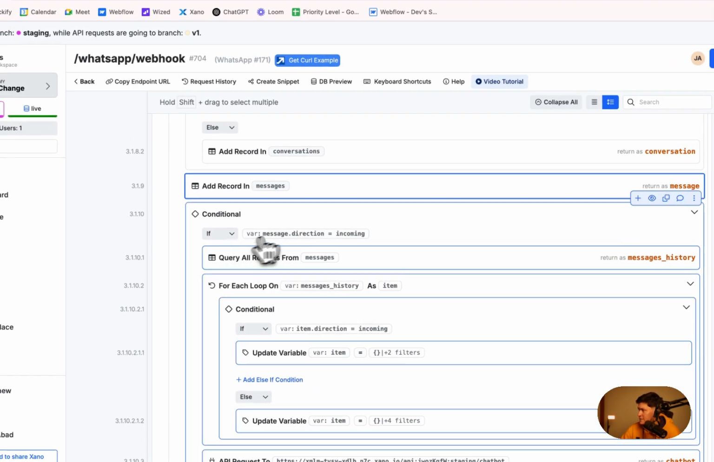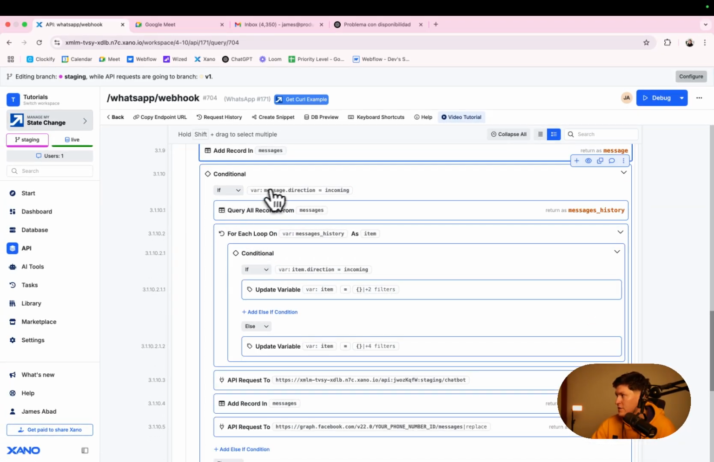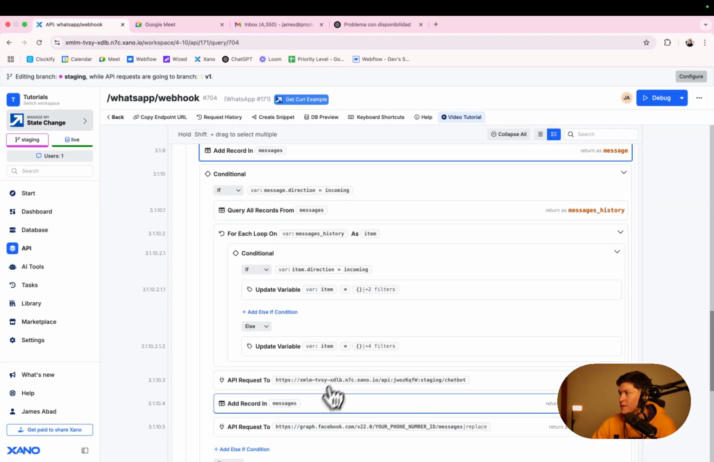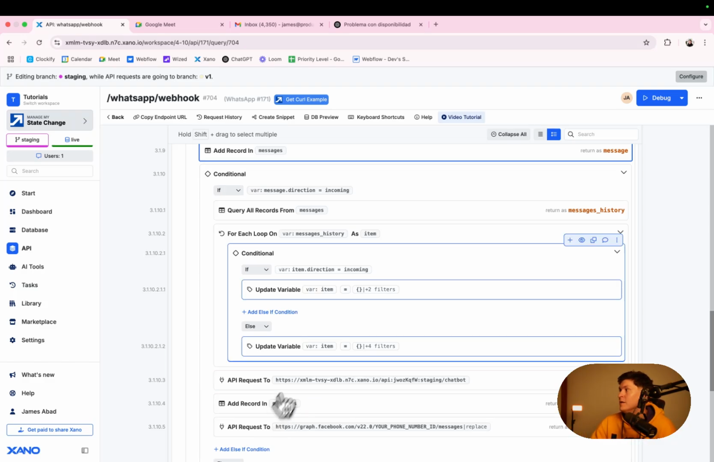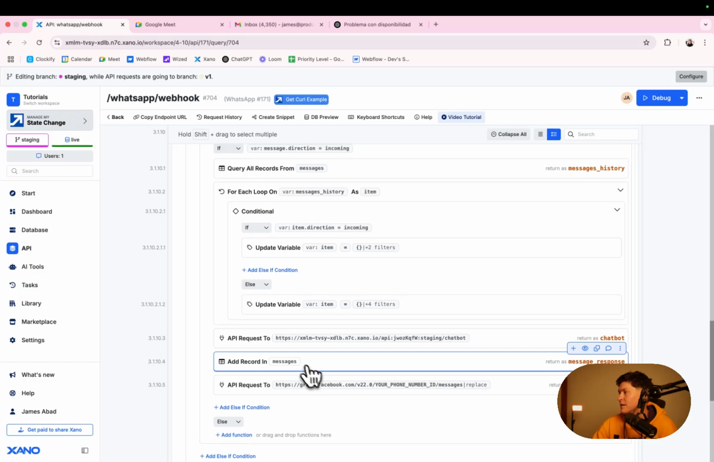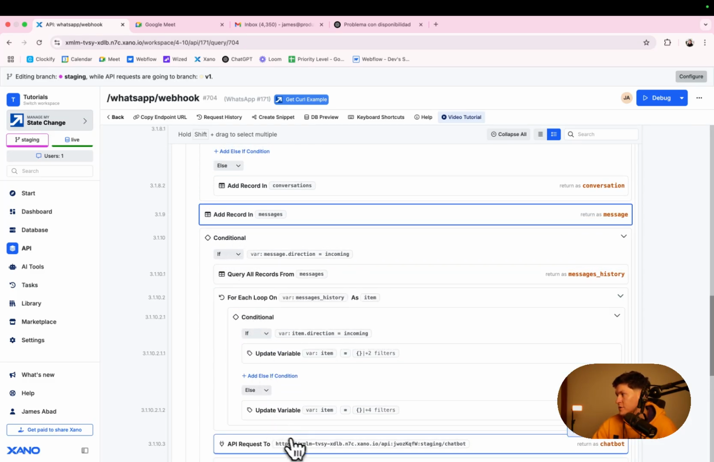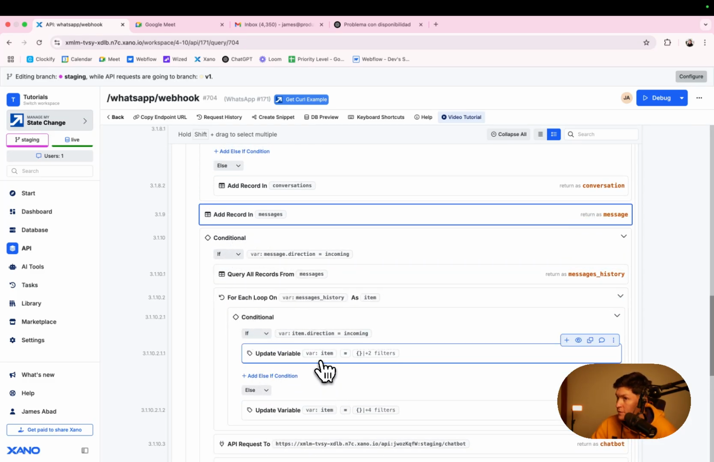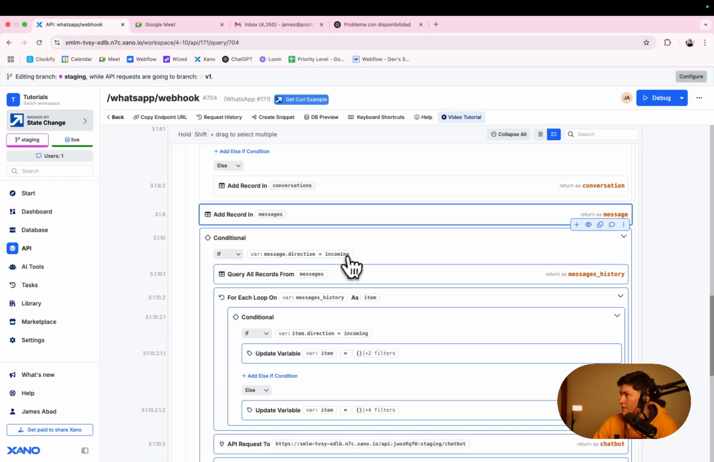It's not that complex. And then if the conditional equals incoming, it means we have received this message. Because what happens? Whenever we send a message, this webhook also gets triggered with some information. So whenever we send a message, we don't want to do any of these conditionals, because this conditional is to respond to the message of the user. So if the message is an incoming message, coming from the user,